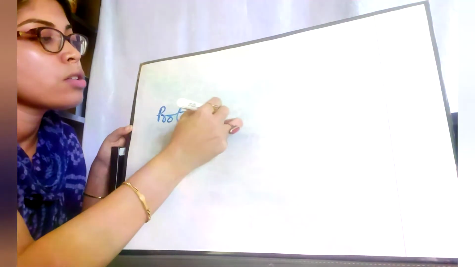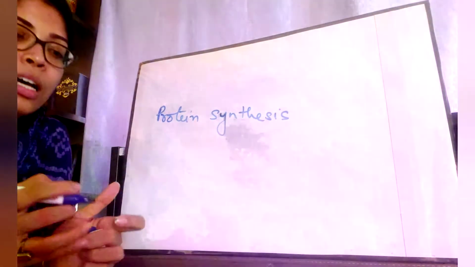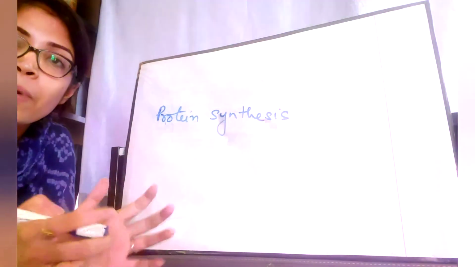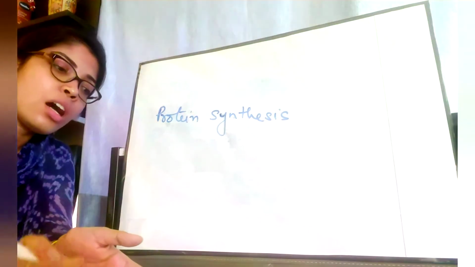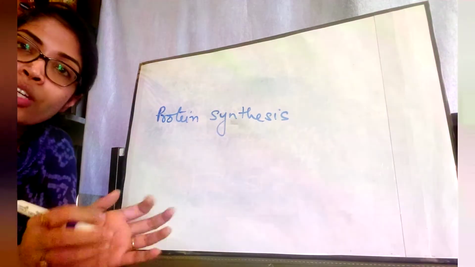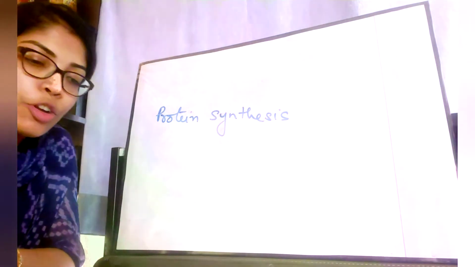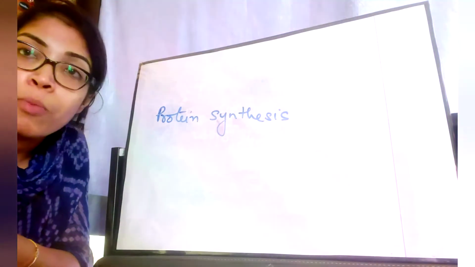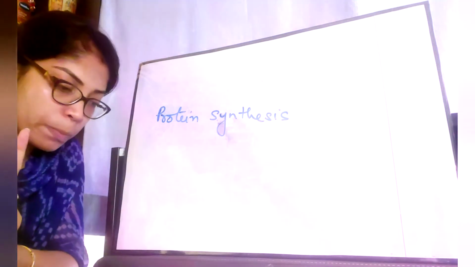Basically, the main function of ribosome is protein synthesis. You all know this. Ribosomes may be present in many parts of the cell, like they may be scattered in the cytoplasm, they may be present on the nucleus or the endoplasmic reticulum. So in all these positions, their main function is to synthesize protein. And the second function that you will find in your book is that ribosomes help in the metabolism of fat, meaning the breakdown of fat. So these are the two main functions of ribosome.